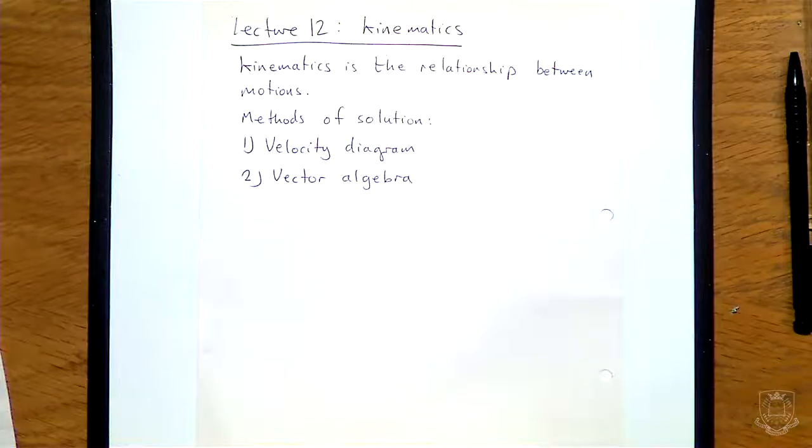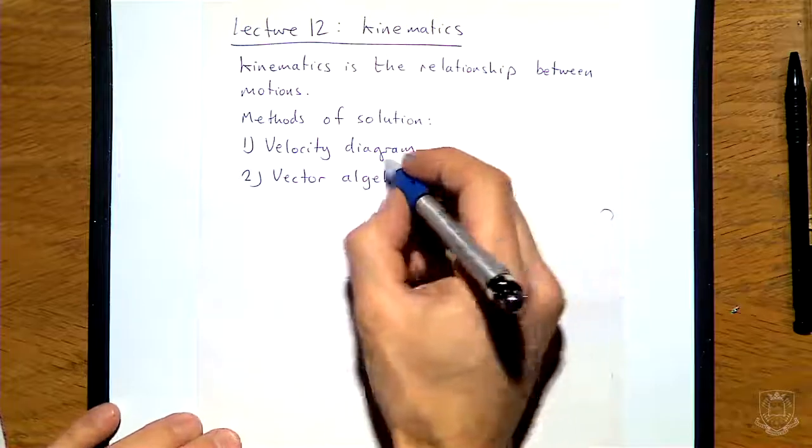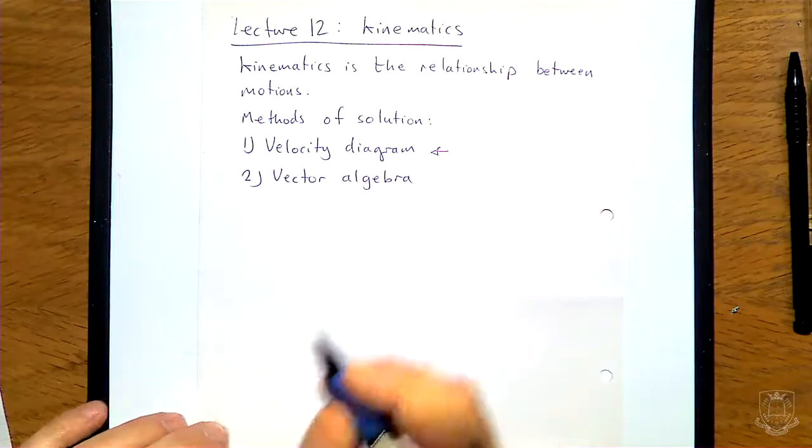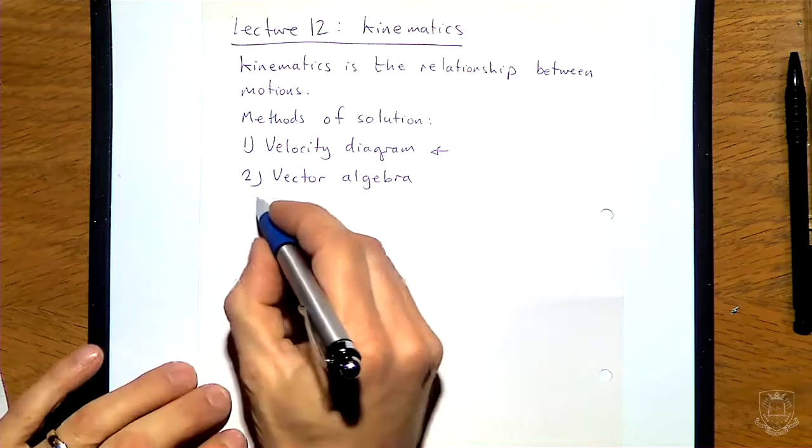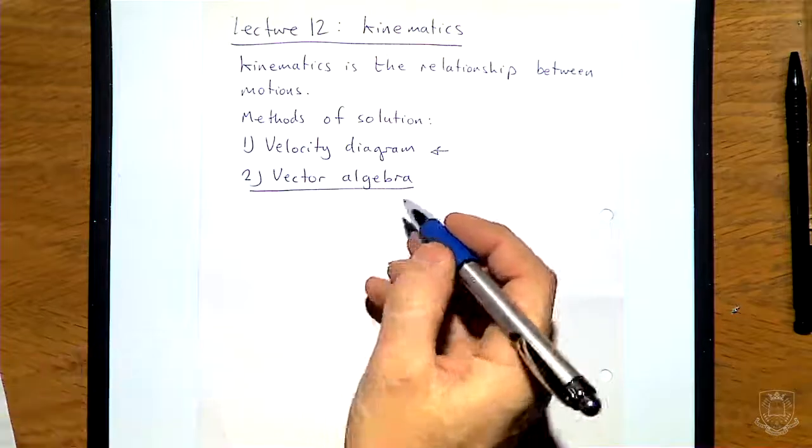Okay, so students often ask a couple of questions. Quite often people ask, in the exam, will I be penalised if I use one method rather than the other? And the answer is no. In the exam, if you answer the question correctly, then that's fine. Okay, so the velocity diagram method, you'll have seen that last year in your first year course. And in some of the notes that I give out, you'll see a comparison with velocity diagram methods. But the method that we're going to use is the one we introduced over the last couple of lectures, and